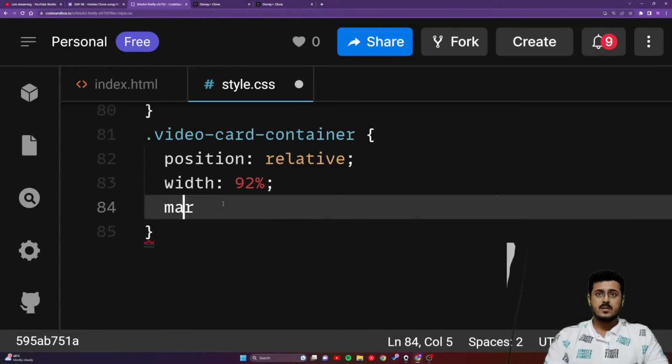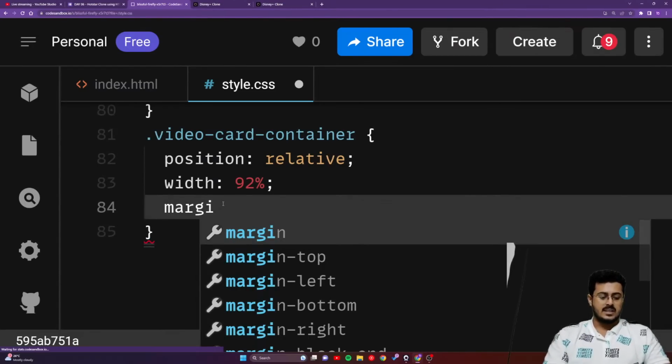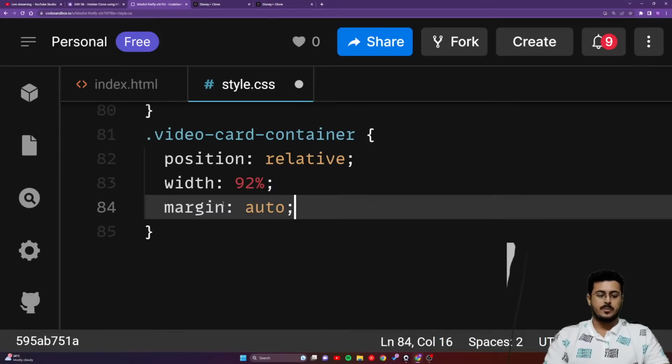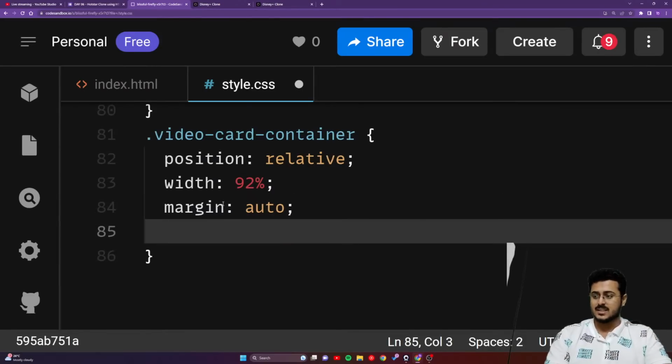Okay, the next thing is that margin we will keep as auto itself, so that it automatically figures out the margin that is necessary right over there. We are going to set the height